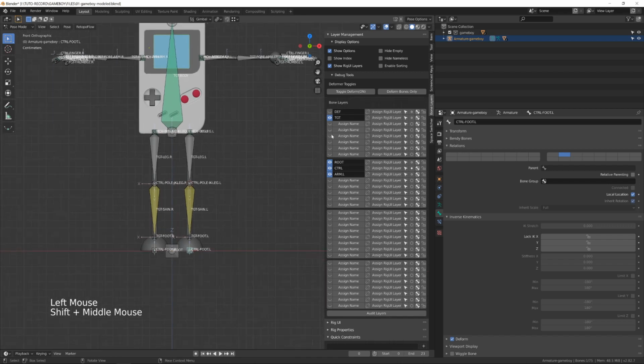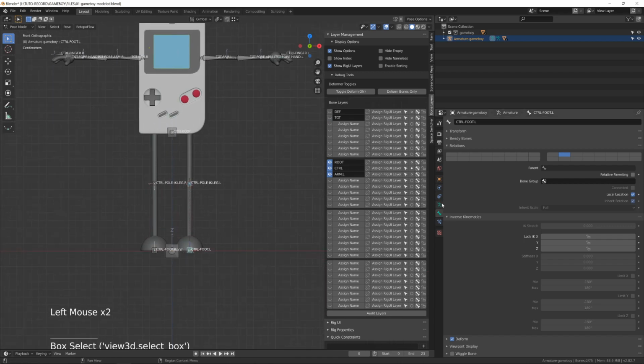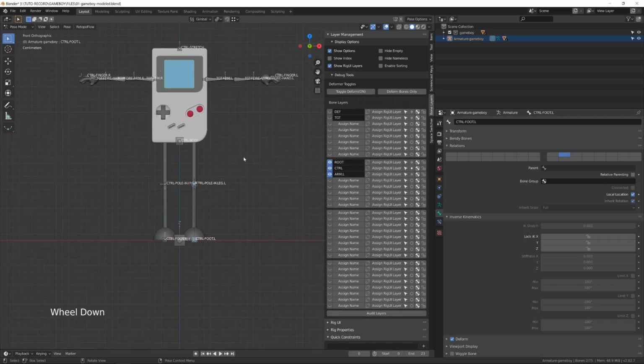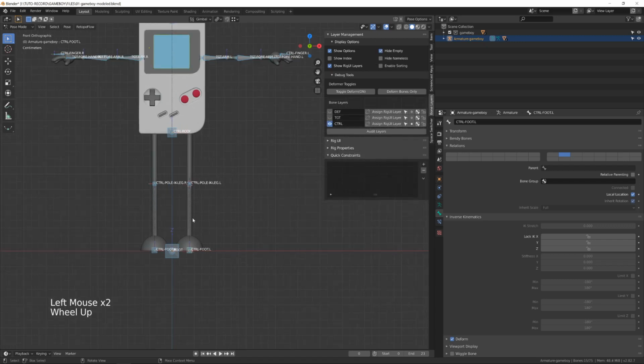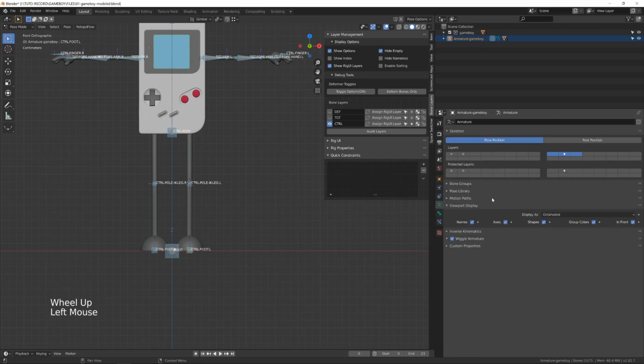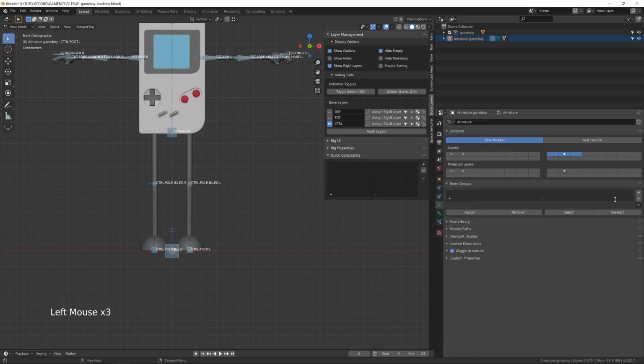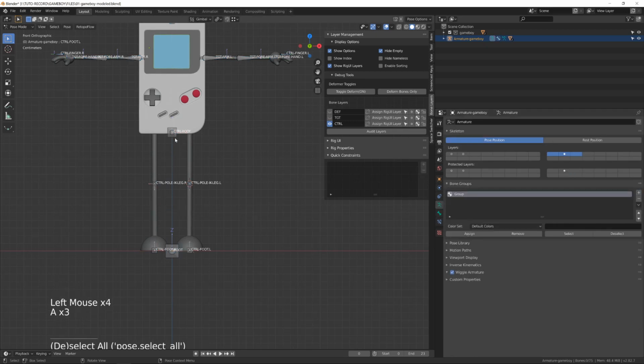From there, we just need to organize our rig a bit to make it more readable. I've hidden the target layer. In the bone layer menu, I will enable the hide empty option so that we don't have all these useless layers. And now in the rig properties, we will be able to assign the different bones to bone groups and give them colors.